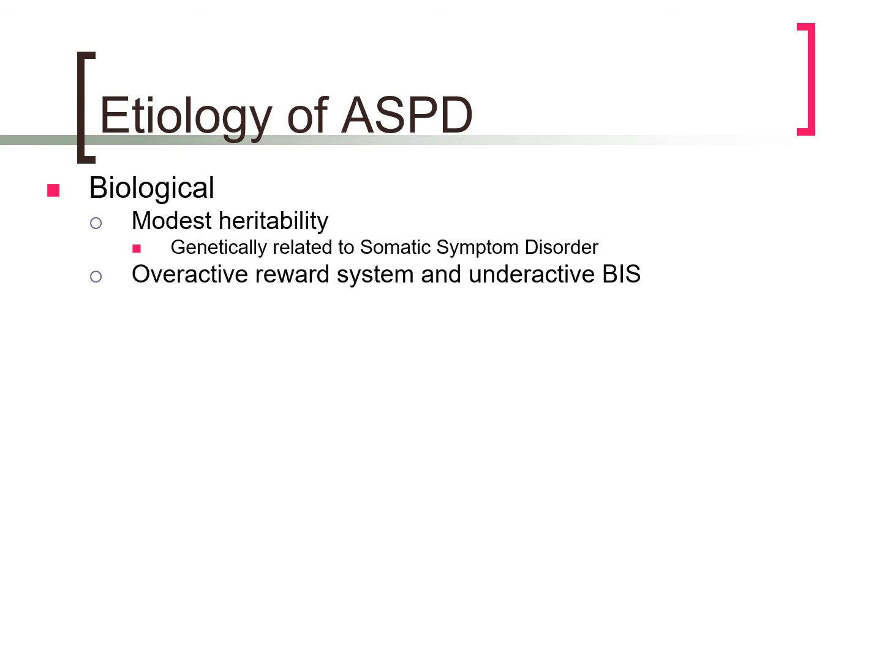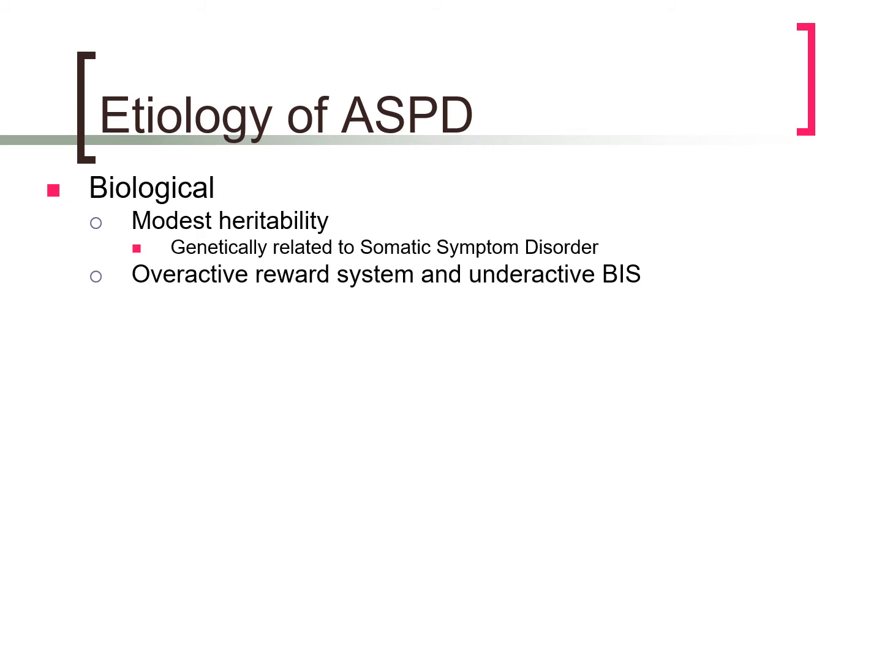If you remember from when we discussed somatic symptom disorders, I mentioned that somatic symptom disorder appears to be genetically related to antisocial personality disorder, likely through the inherited trait of impulsivity. Another biological etiological factor is that the reward system of people with antisocial personality disorder is overactive, meaning that they are more likely to seek out reward and may be more sensitive to reward and related cues, while their behavioral